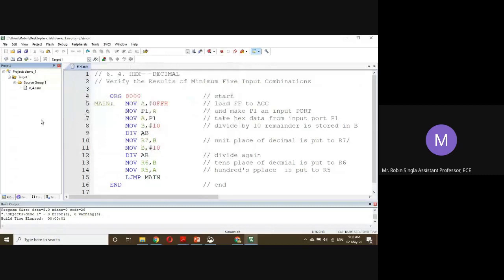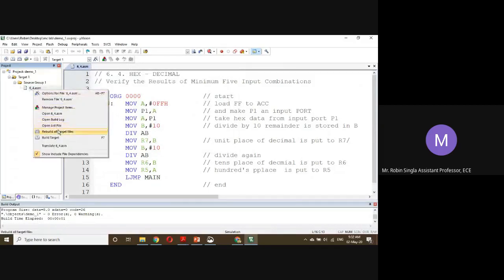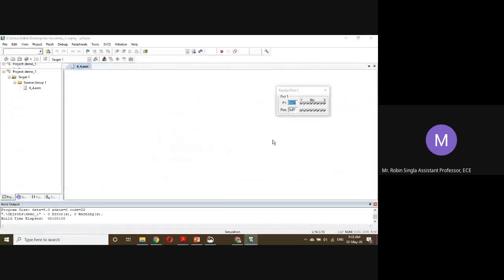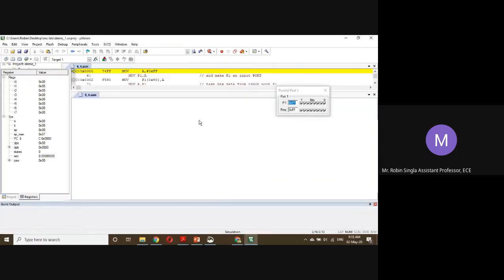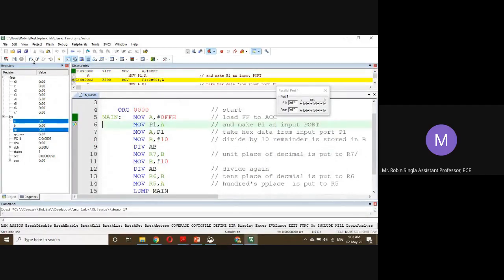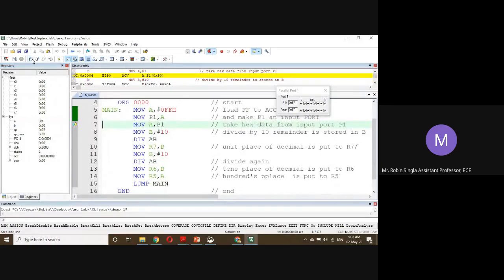6.4. Okay. Memory we are not using. So the input, the number which you want to convert, we will give at port 1.